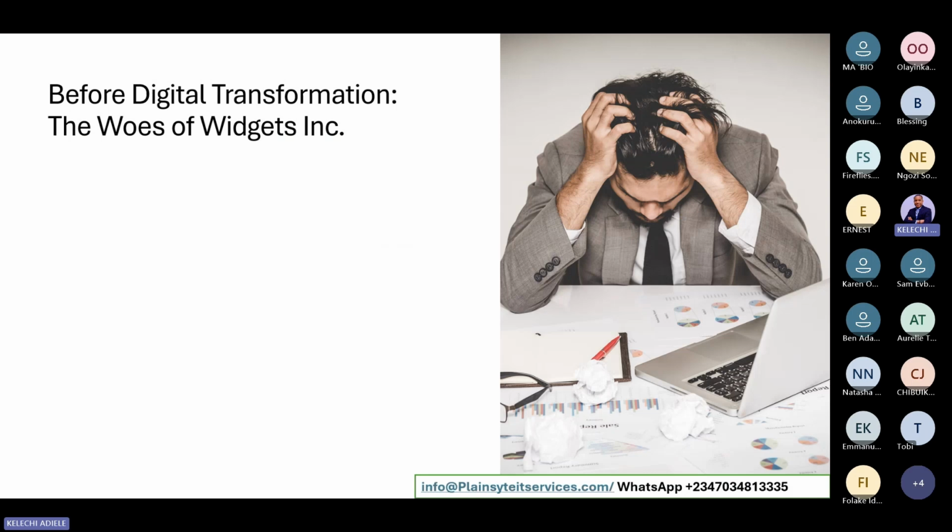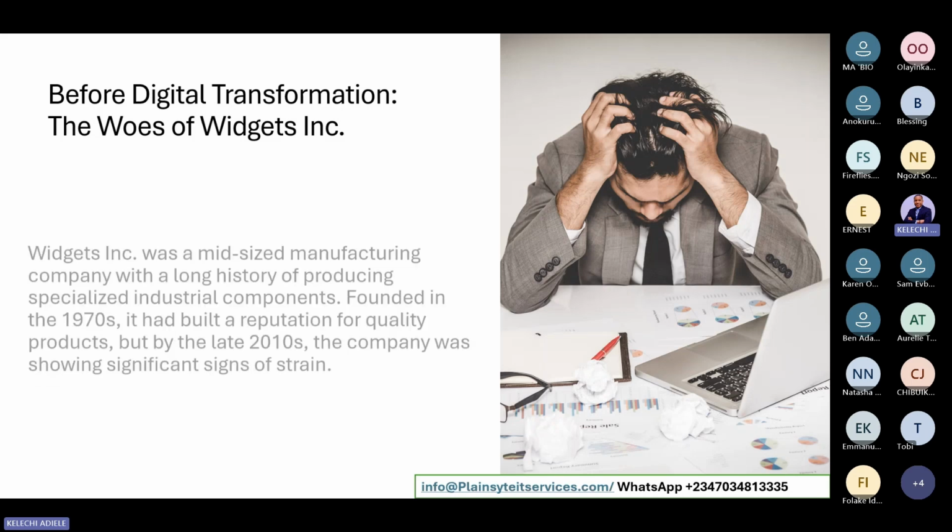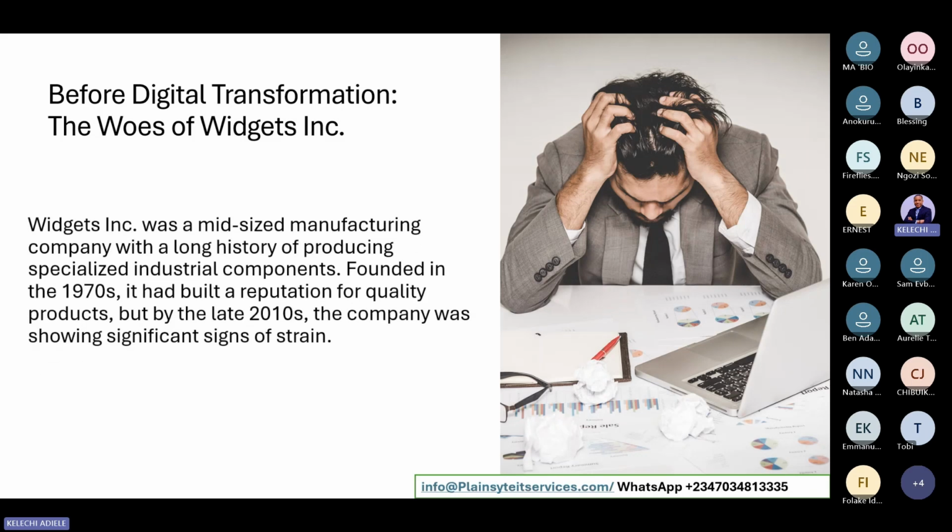Now, before digital transformation, it was Widgets Inc. I'm trying to give this so you can get a very good hands-on understanding, so that you have no doubt that this is what digital transformation is and where you fit into this change. Now, the company was a mid-sized manufacturing company with a long history of producing specialized industrial components, founded